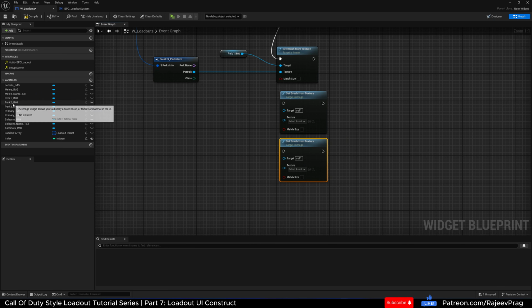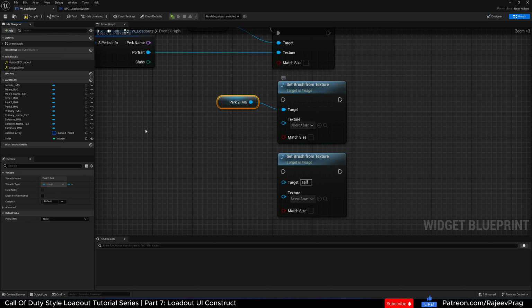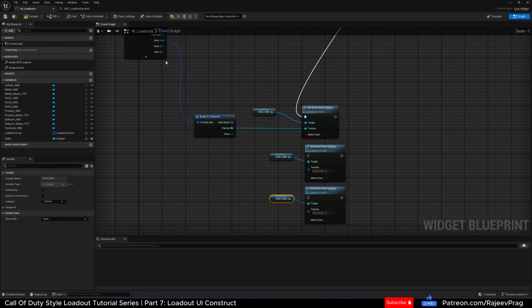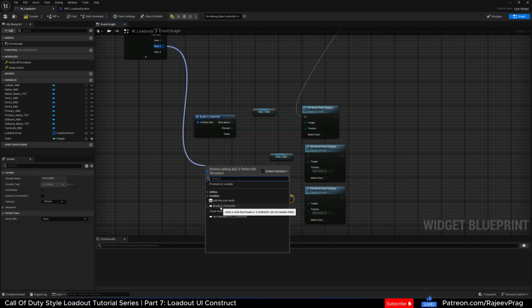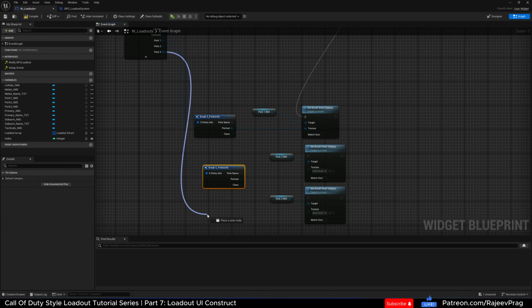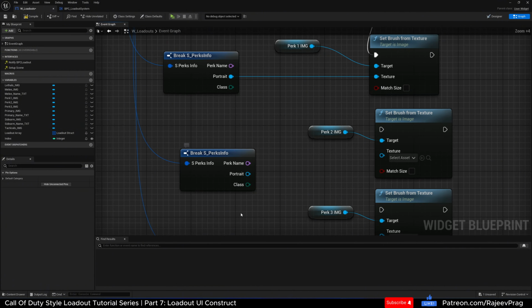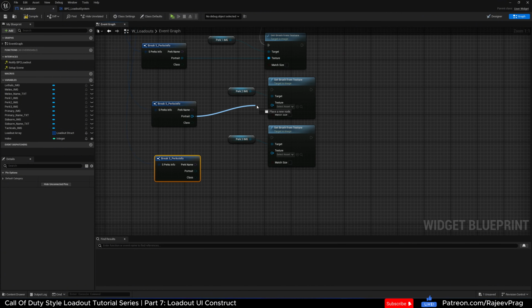Grab my perk 2 image and then plug it into the target here. Grab my perk 3 image, plug it into the target. And then the perk 2 info, I'm going to go ahead and break it. Perk 3 info, I'm going to go ahead and break it here as well. And all we need is the portrait for now. So I'm going to plug in the portrait for all of this and start connecting the execution